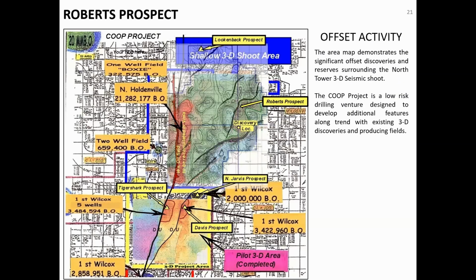So as you blow up this little area, what's really quite interesting, and I initially, with a company called Vanguard, shot the pilot area like 15 years ago. On that, the vintage seismic, we were unable to see amplitude anomalies as we are on the 3D shoot to the north. And we also shot the North Tower later shoot with a group that was primarily interested in horizontal drilling. They did not quite come down, and they had permitted the shoot, and we'd made a deal late into their permitting. And by the time we got the crew in there, they were unable to get the 2 seismic lines totally merged. But I have a 2D line across that little 2 million barrel field that's kind of in between,